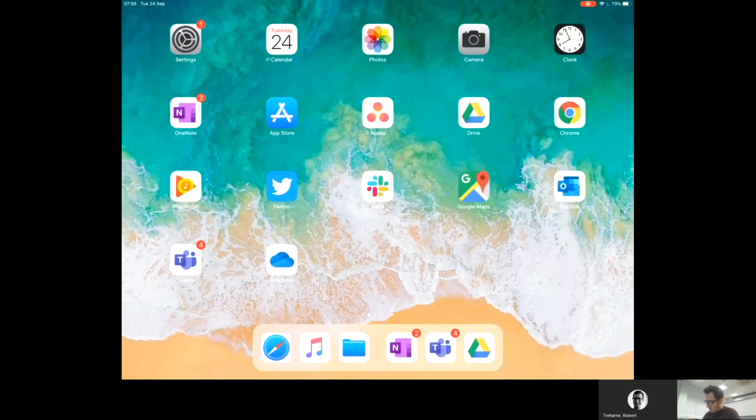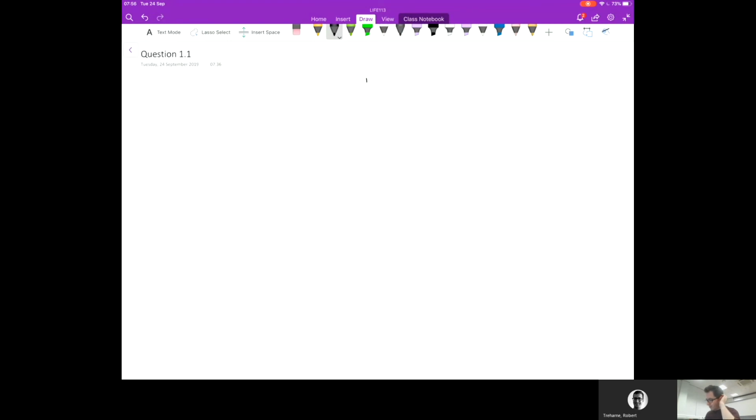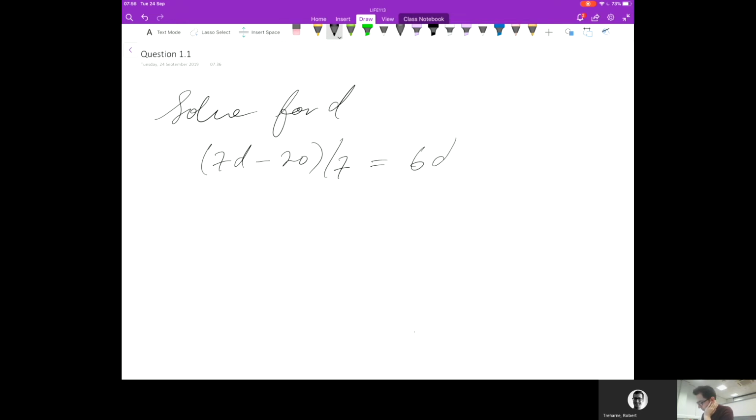Let me get my notebook up. So question 1, I've asked you to solve for D, and the expression is 7D minus 20 over 7 is equal to 6D. Okay, right. So first thing I'm going to do is expand